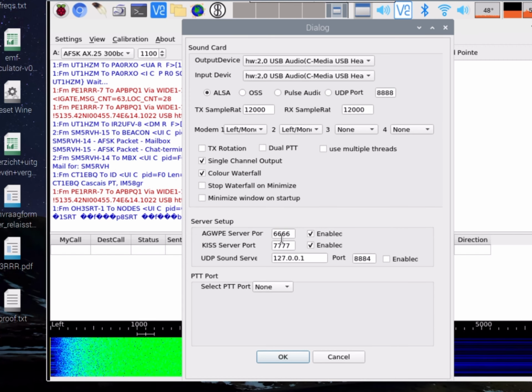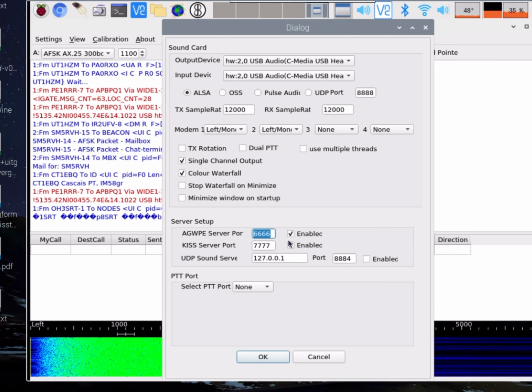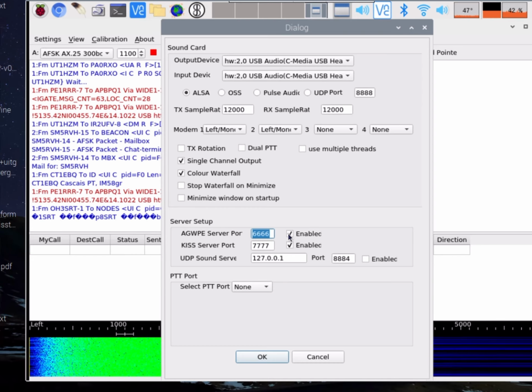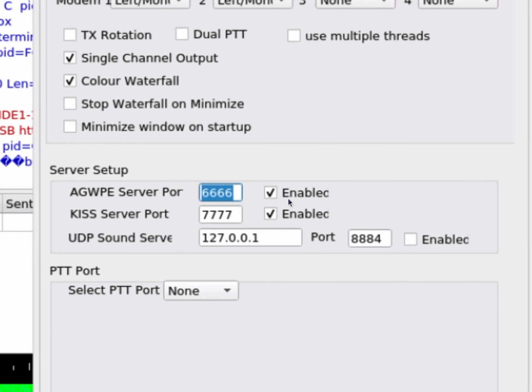The important part here is to set up a port for your AGWPE, the AGW packet engine, which is a protocol, a standard that we've adopted over the years for packet radio interconnection. As long as you pick a port that's above 1024, you should be fine, as long as it's not in use by anything else. I just picked some repetitive numbers, so I've got 6666,